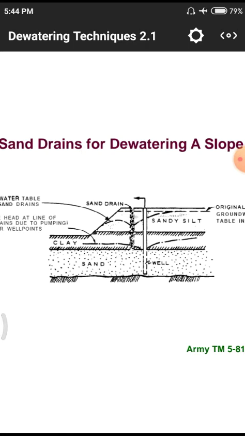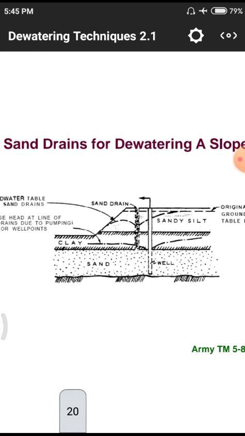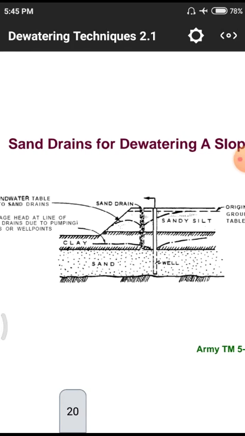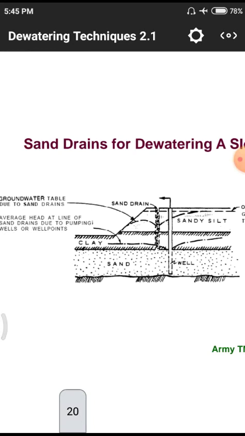After that well we have this sand drain. Why? Because this sand drain has to deposit a particular amount of water into the particular sand well we have. This is the original groundwater table in the particular silty soil. That means we have a particular dotted line at the bottom, but here we have a horizontal dotted line. That line indicates the availability of groundwater in particular fields, at what depth we have this groundwater level.